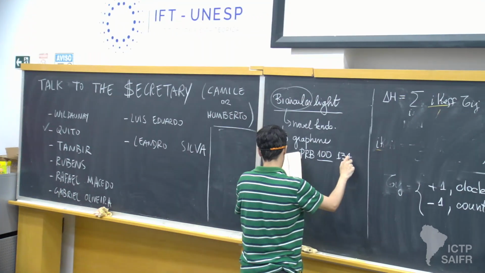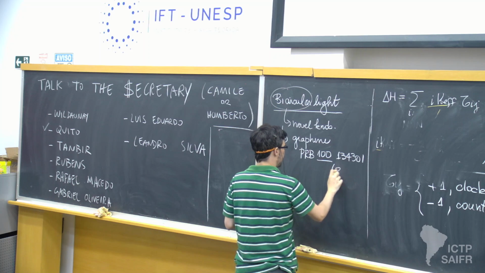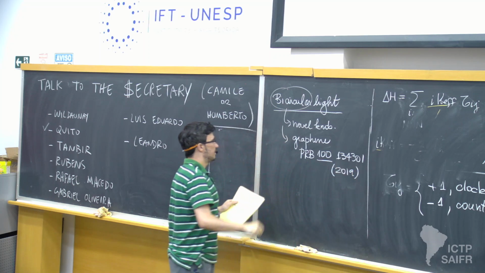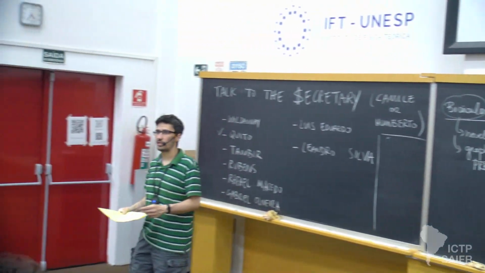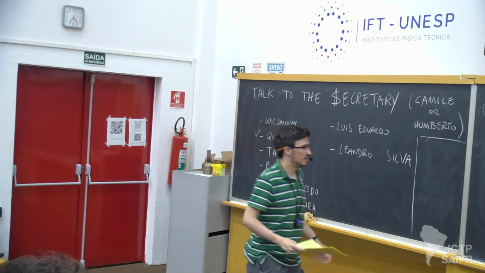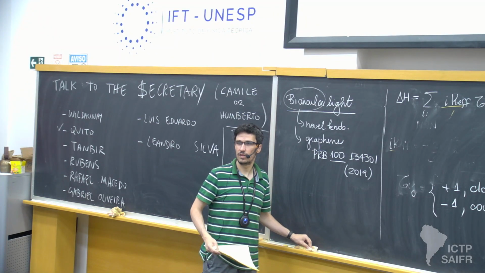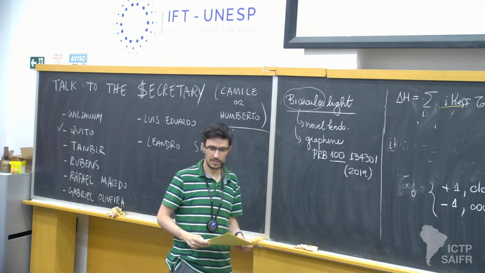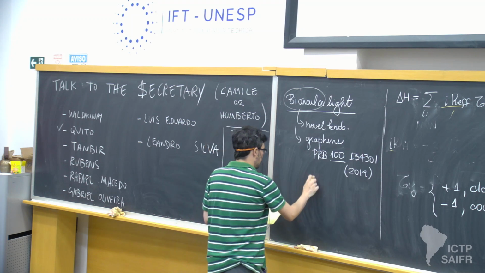So this is from 2019. And also to advertise another work that is not in graphene, it's in cadmium arsenide, by our colleague Thais in São Carlos. She also has been doing Floquet engineering, and she considered this for cadmium arsenide. That's PRL